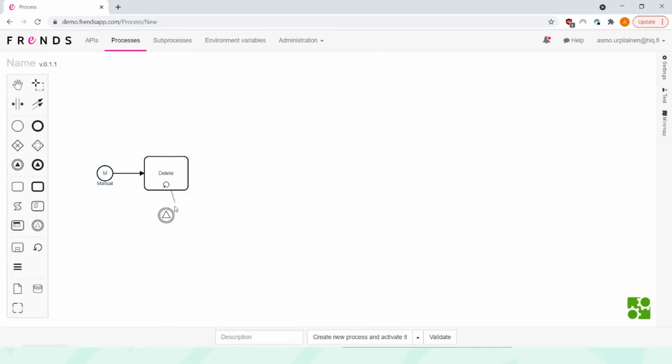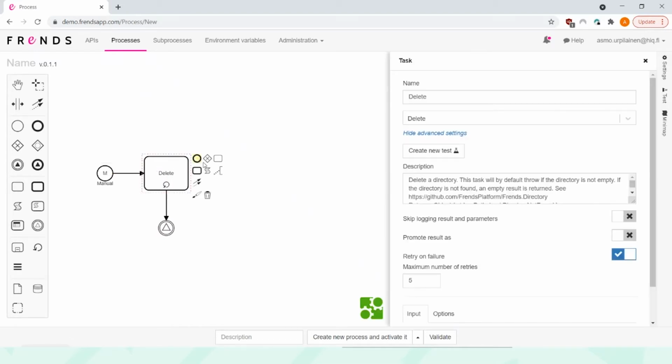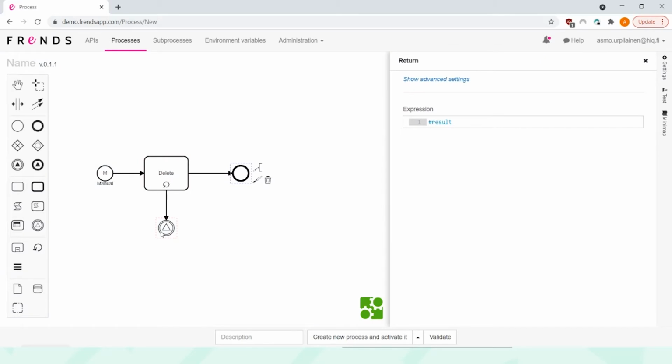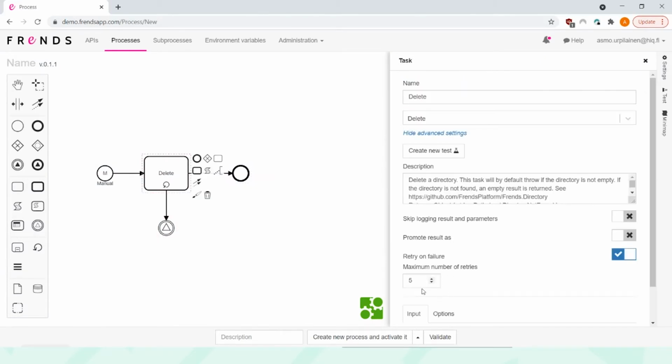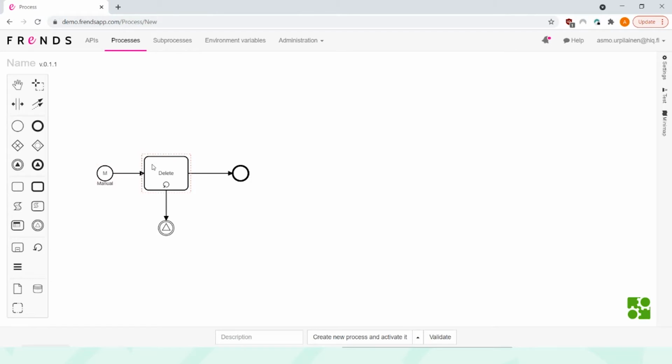What the catch shape does is, if I'm connecting my delete step here to my catch shape, and I have, for example, my retry option enabled here, after those 5 retries, if it's still failing,